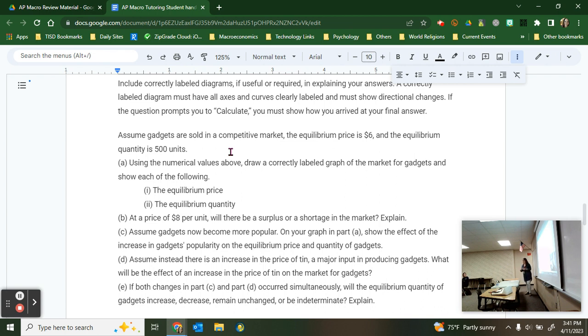Okay, I'm gonna add something to this. I'm gonna add leakages and injections. Remember, money that leaks out is a leakage. Money that comes in is an injection. The biggest leakage is savings, but also taxes. And when we buy imports, that's money leaving our country and going to probably China, because that's where we buy a lot of our stuff.